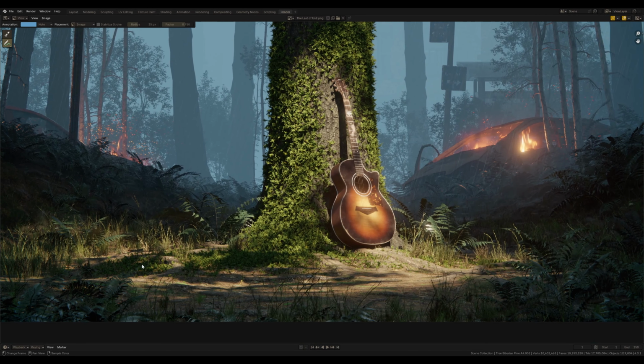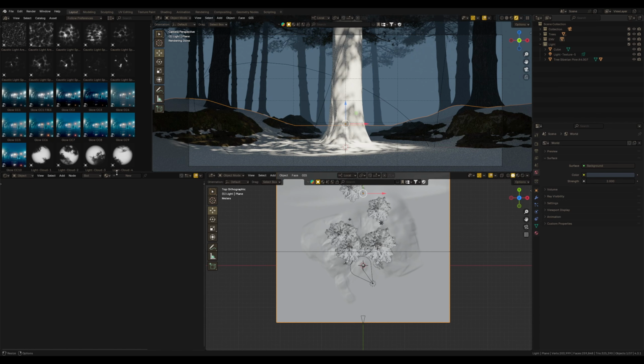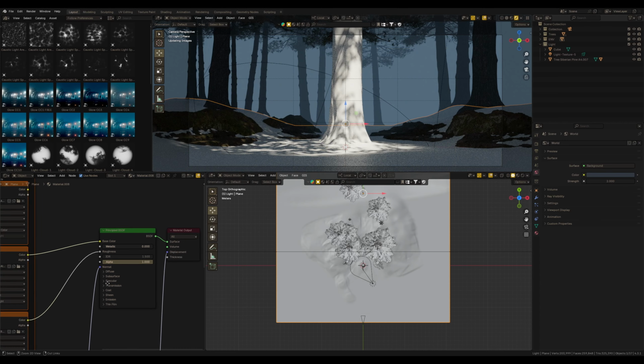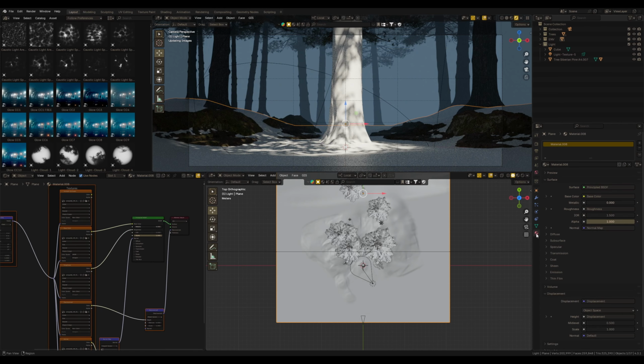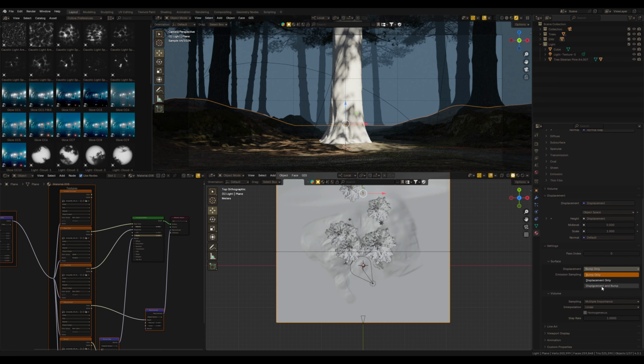Alright, let's move forward and focus on the ground and the main tree. In the render you can see the ground has roots and forest-like textures. And it's pretty straightforward, no quick secrets here, you know. I'm using a Megascans texture for this, just apply this texture, and to get these nice roots I enable displacement in the material settings.